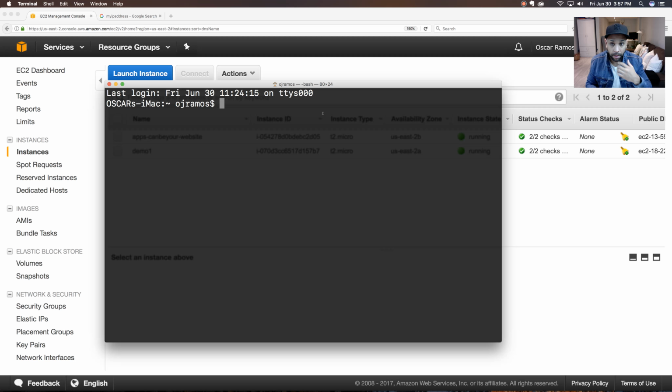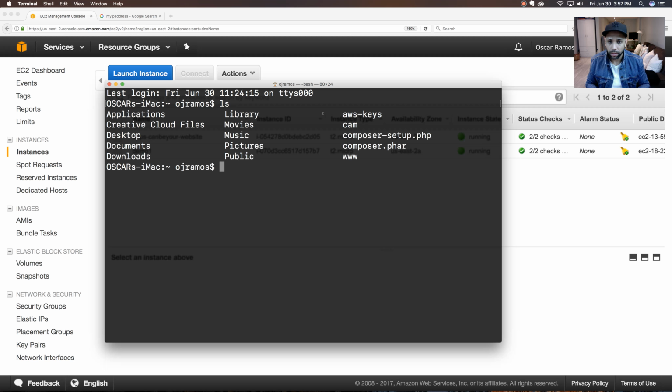As I said, in the whole installation process, we downloaded something that was called a key. You have to save that on your computer, and that's going to allow you to actually log into your server via SSH. So I usually save it in a folder called AWS